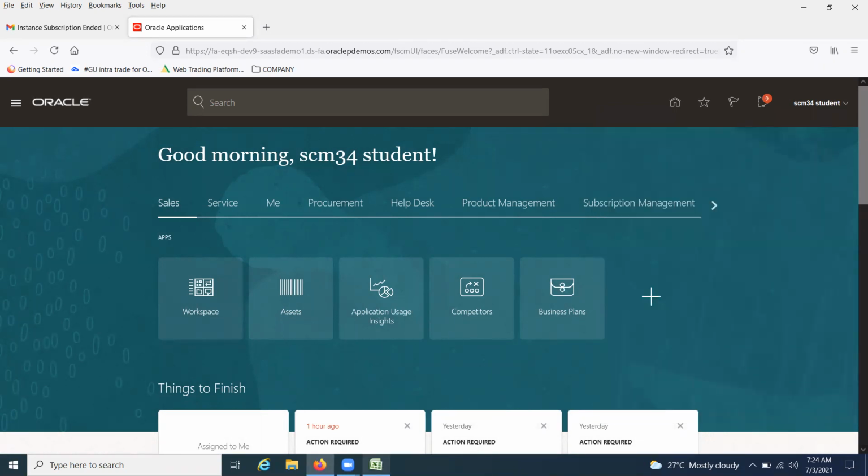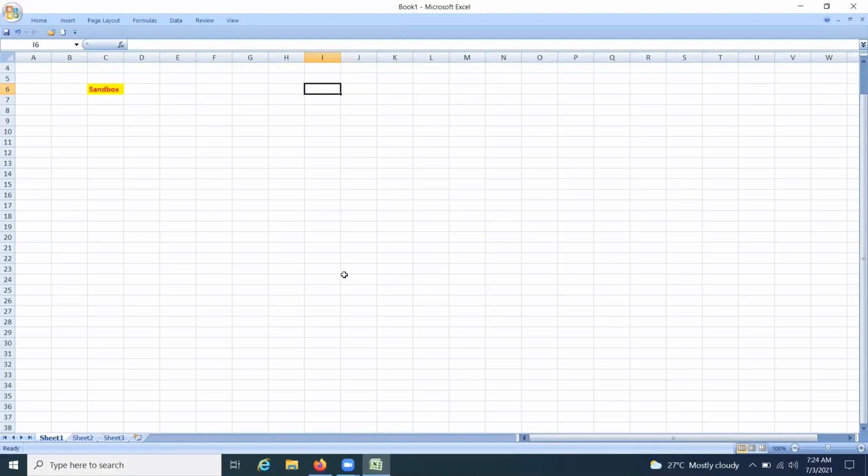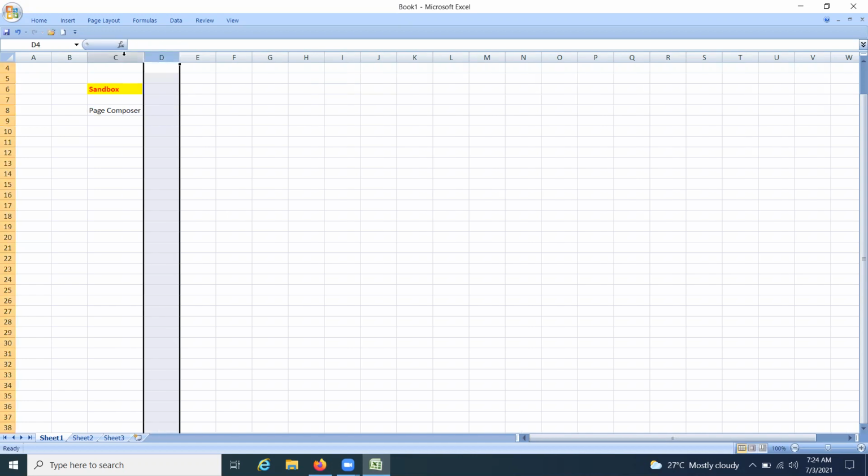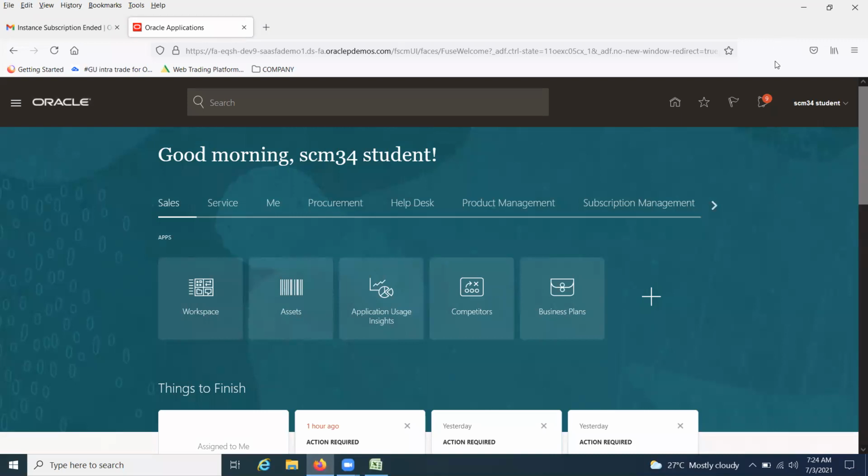So now we are going to see today one sandbox having multiple tools, sorry. Today we are going to discuss page composer. This page composer we generally use to customize the pages' look and feel, to change the pages of the Fusion application. In advanced usage, you can write groovy expressions, and for that you can take technical help. But whatever we are going to discuss now is whatever we can do without any technical knowledge. Maybe we can do more than that, but I am going to explain whatever I worked on recently. Okay, so how to connect to sandbox?